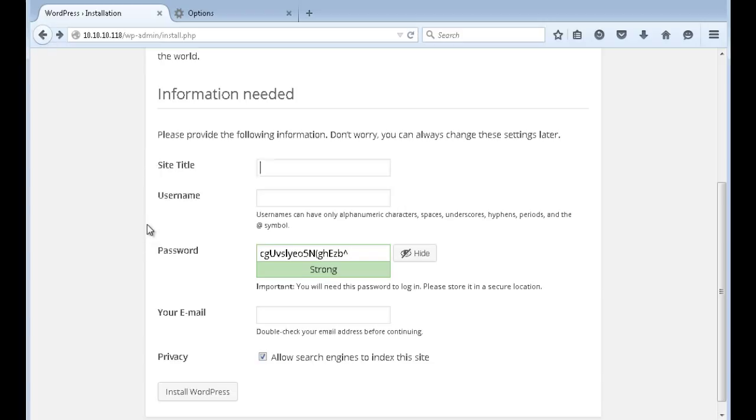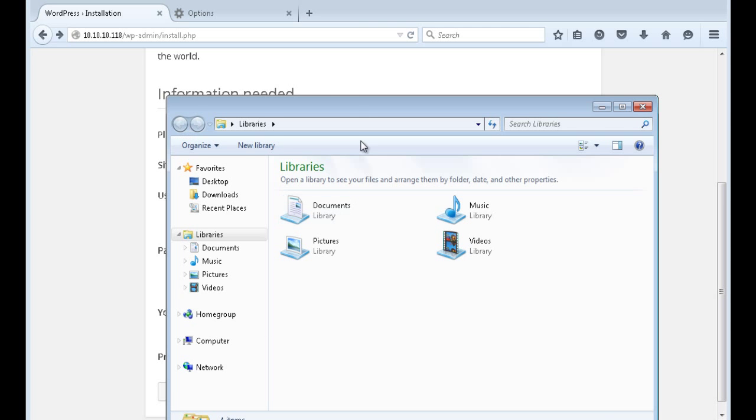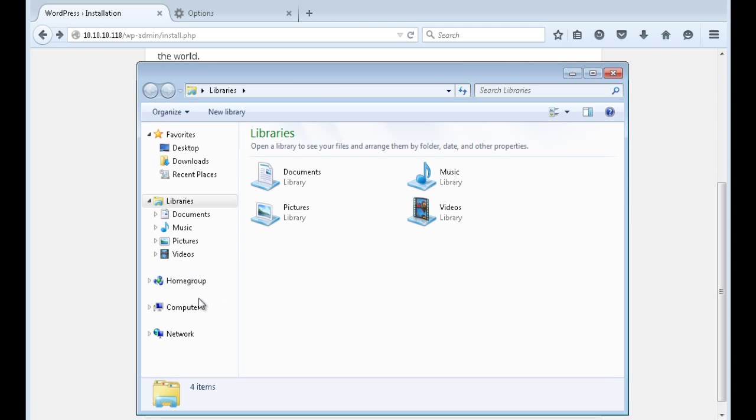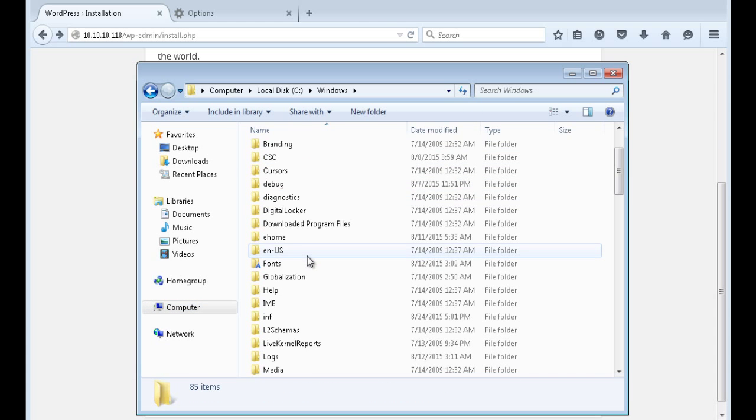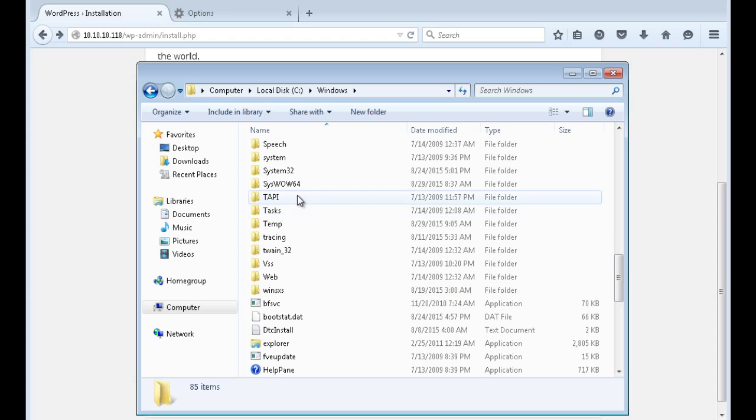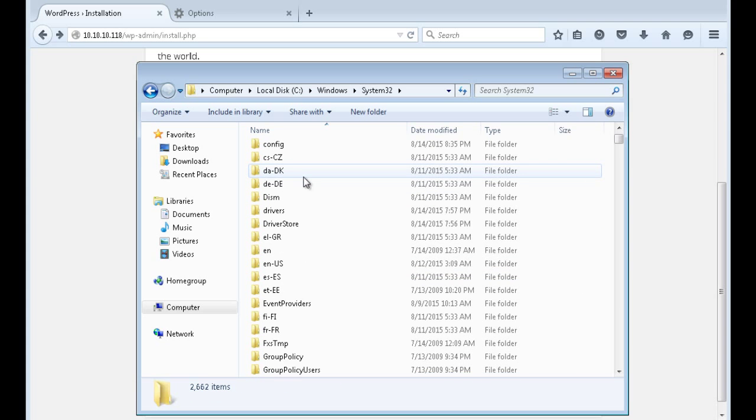So the only way to get that to resolve properly is to configure your internal DNS server if you have one running. If not, what we can do is open up File Explorer here, go to Computer, C, Windows,